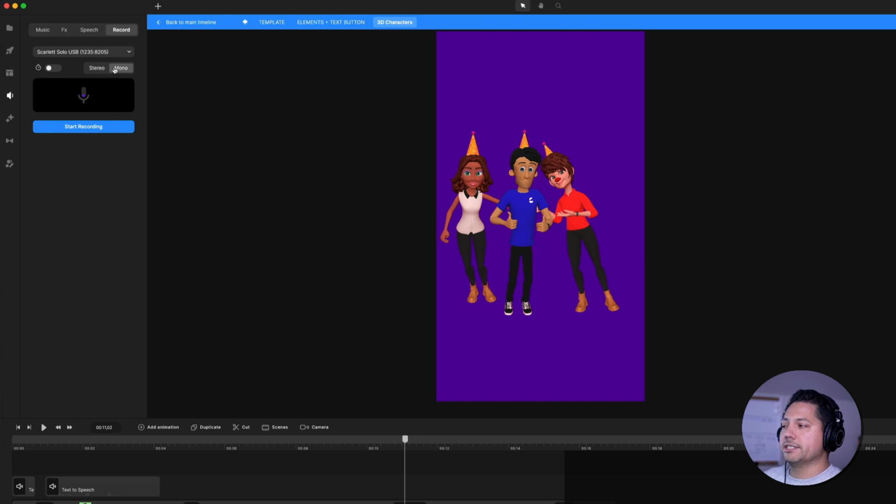Now what you can do is you can choose stereo or mono. I'm just going to choose a mono file for right now. And then click on start recording. So let me record a message and then we'll import that into our session and show you how to work